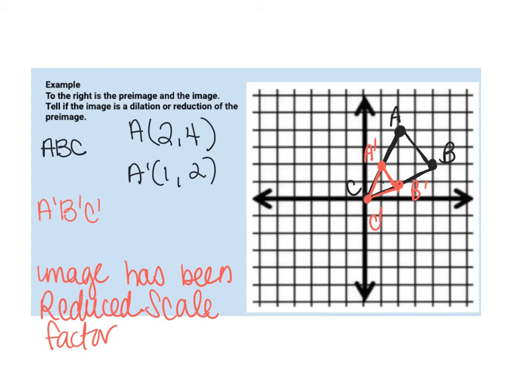So we take A prime and we put it over the preimage. So this would have a scale factor of 1/2. So we divided each point by 2 or multiplied it by half, but it has to be multiplied, not